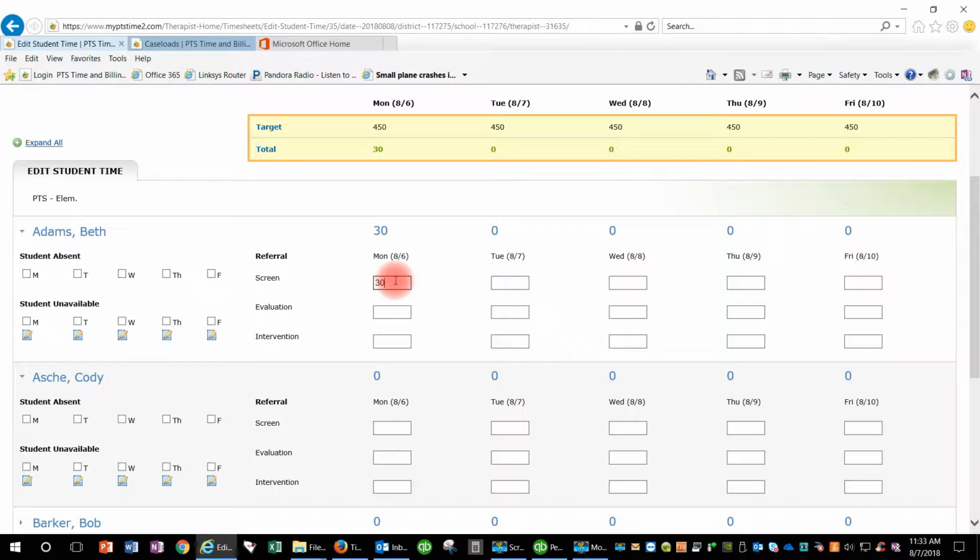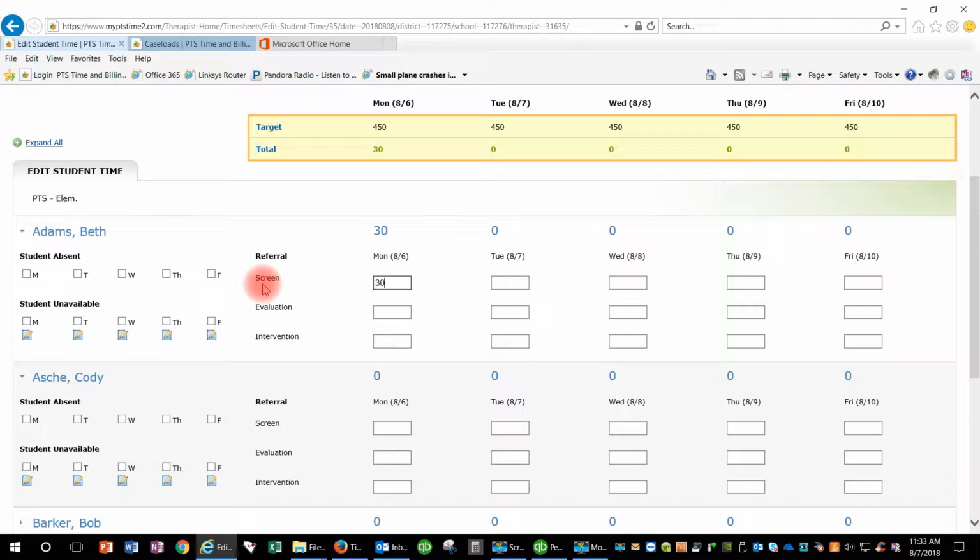The next category of billing under the referral status is intervention. Intervention is when we provide the supports and the strategies and the input and the time we spend to support a student prior to determining whether an evaluation is needed. Many of our districts now require 6 weeks of trial strategies before we decide if we need to do an evaluation. Instead of billing that time as a screen like we used to, we're now going to bill that support